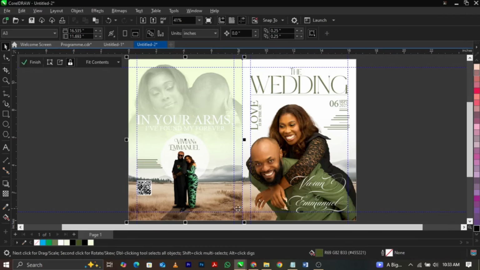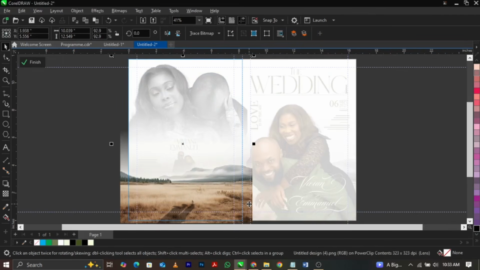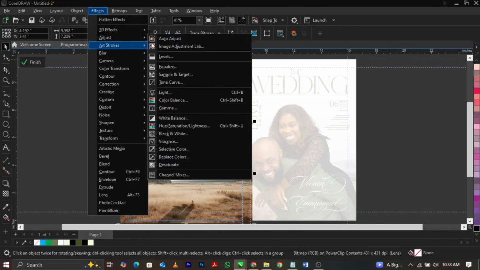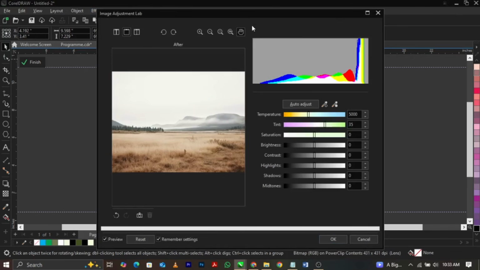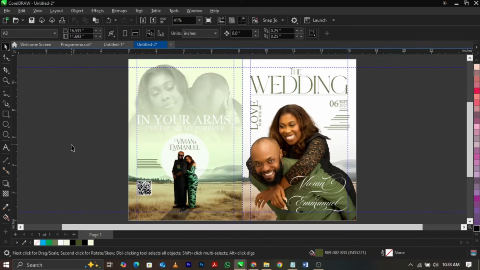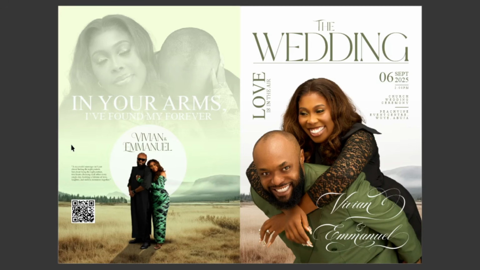And for this background you're seeing here, I would like to blend it with this. So go to Effects, go to Adjust, select Image Adjustment Lab, right? So you can see this is the color of the day. So let me reset so you see this is the before, and you can blend it to get the color of the day, right? Add a bit of gray to the tints, then click on OK, and boom guys, this is how we designed this